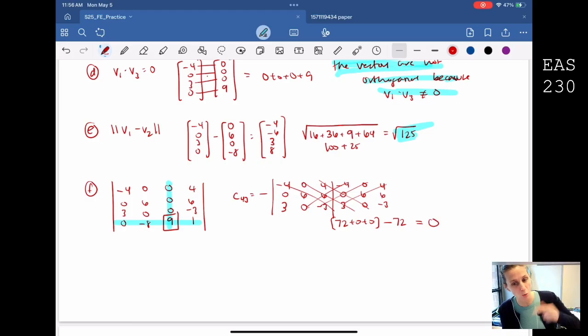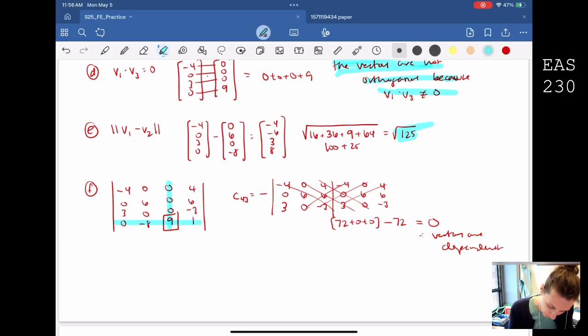My determinant is 0, therefore my vectors are dependent. Woohoo! My vectors are dependent because my determinant is 0. If my determinant is 0, that means they are a linear combination of each other. That means 2 of my rows or columns are effectively the same,